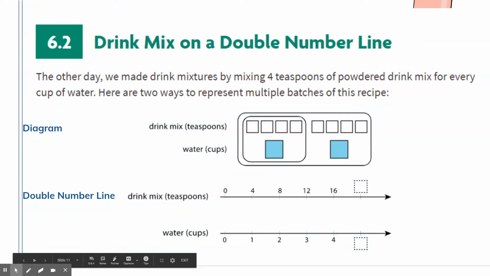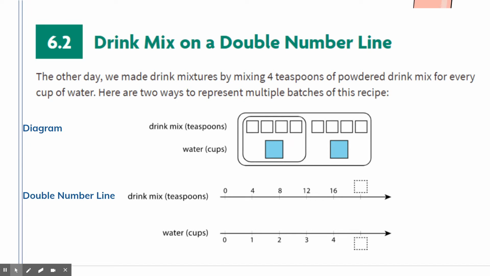Okay, 6.2 is an activity called drink mix, and we're putting that onto something called a double number line. This is our first introduction to a double number line today. The other day, we made drink mixtures by mixing 4 teaspoons of powdered drink mix for every 1 cup of water. So in the past, we took that ratio, 4 teaspoons of drink mix for every cup of water, and